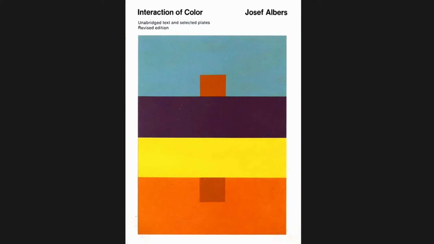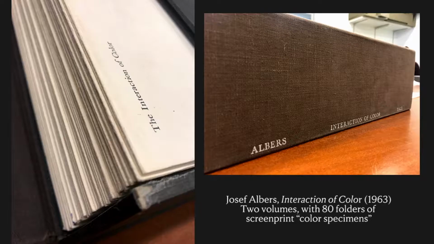Many of you know that Albers is known for his relational theory of color. He held that color is not knowable or perceivable intrinsically, but only in relation to the quality of the other colors that surround it. The cover of this revised edition of the book shows a classic example of his work. The two brown squares that you see here are in fact exactly the same color, but they look different because of the way they interact with adjacent colors.